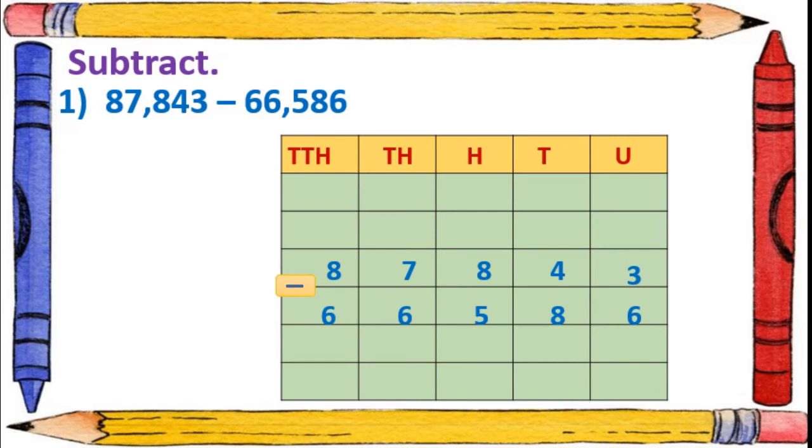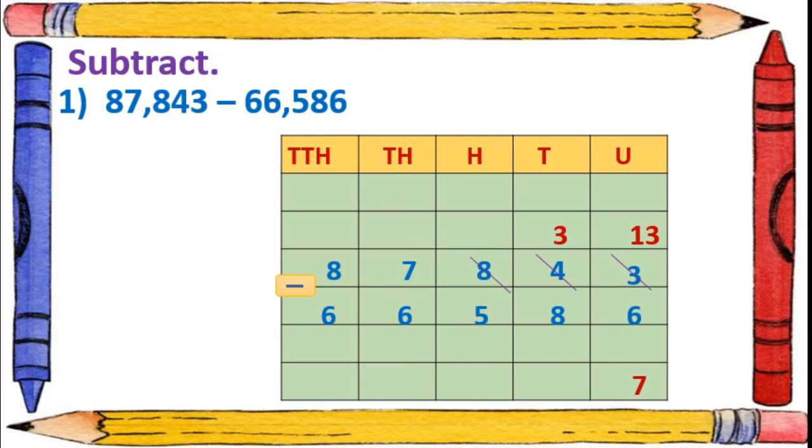See, I will begin here. Now, 3 units minus 6 units not possible. So, again here we will untie 4 from the tens place and we will get 10 units plus 3 units, that is 13 units, and here 3 remained. Correct? Now 13 minus 6 is 7. Now in the tens place we have to subtract 8 from 3. Again not possible. We will untie now 8 from hundreds place.